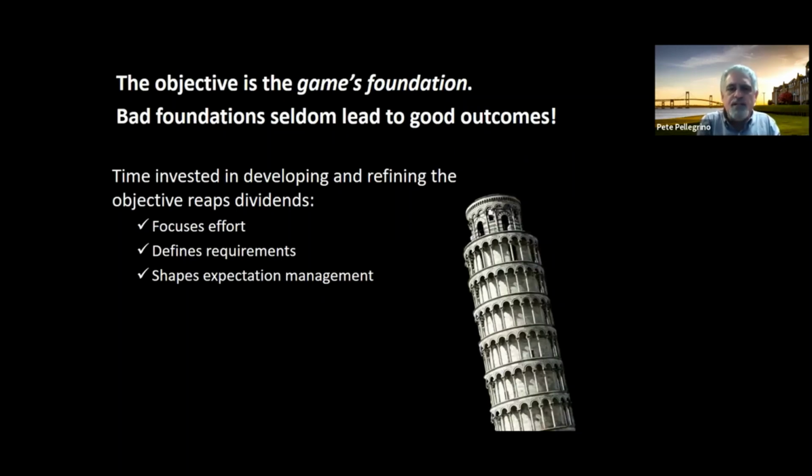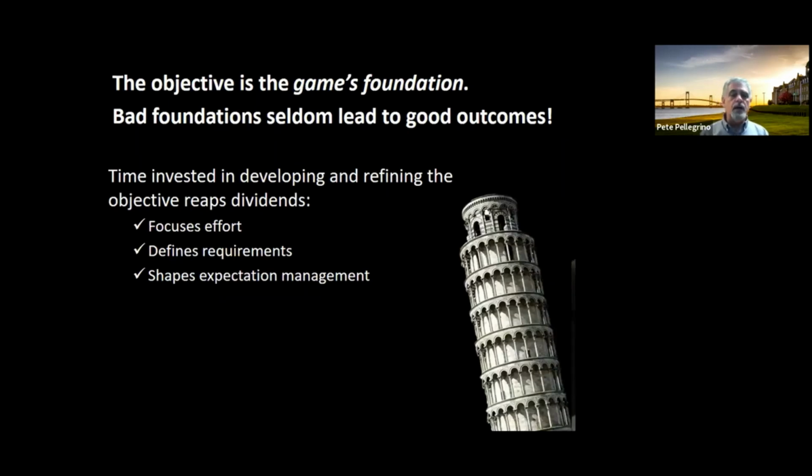But again, I pick at objectives because it is the foundation of your game. If you've got crappy objectives, then you're not going to have a good game. A good game can't fix bad objectives. You can have a bad game ruin good objectives, but it's difficult to have it work the other way around. And so at least now you understand what it is that you and the sponsor together are trying to achieve, in the language of outcomes that you're looking for that game to do. It now gives you some ammunition to start batting back things that are going to inevitably come down the road. We're about to talk about these, which are quote unquote problems that typically come from the sponsor.